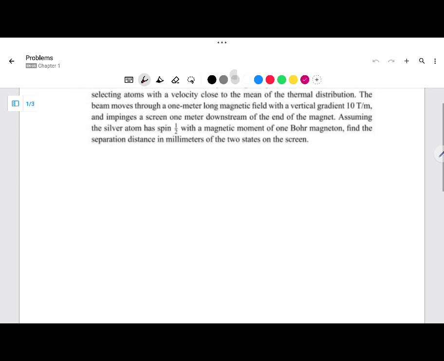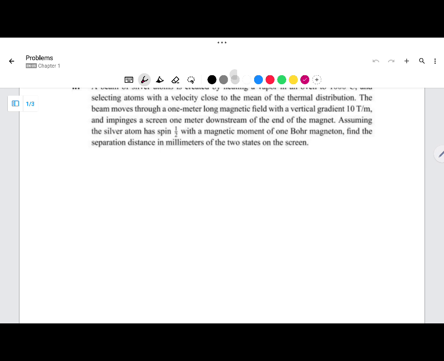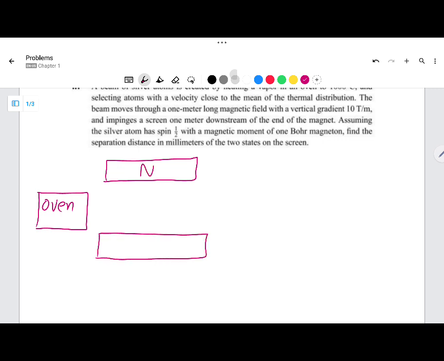So this is basically the Stern-Gerlach experiment, and how we are going to see this. So this is an oven, and then this beam of atoms is moving through 1 meter of long magnetic field with a vertical gradient of 10 teslas per meter. So there is a magnet here, it's north, there is south, and this distance they are traveling is about 1 meter,